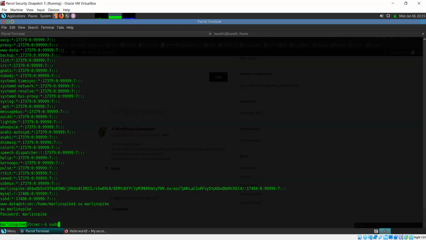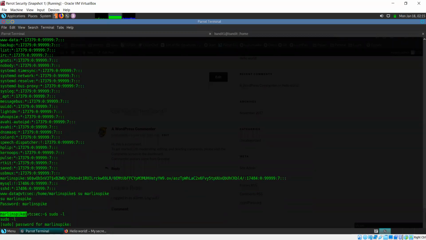So if I want to check what permissions I have for the sudo command, or with what commands I can use sudo, I can use sudo along with the -l option, sudo -l.